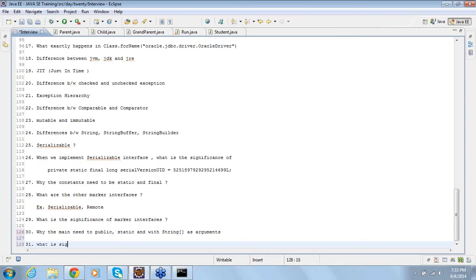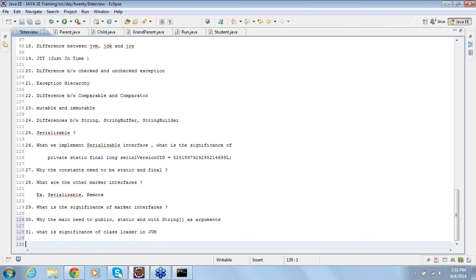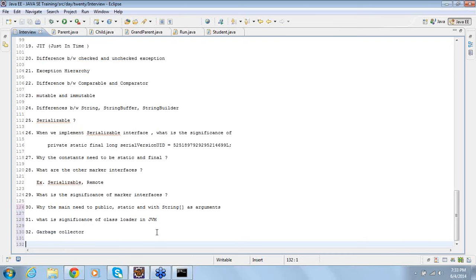What is the significance of class loader in JVM, garbage collector?